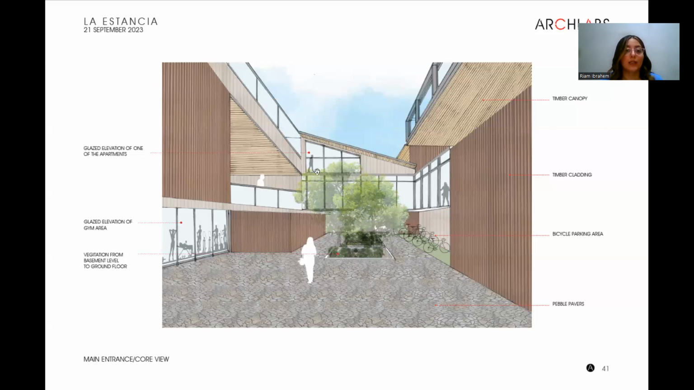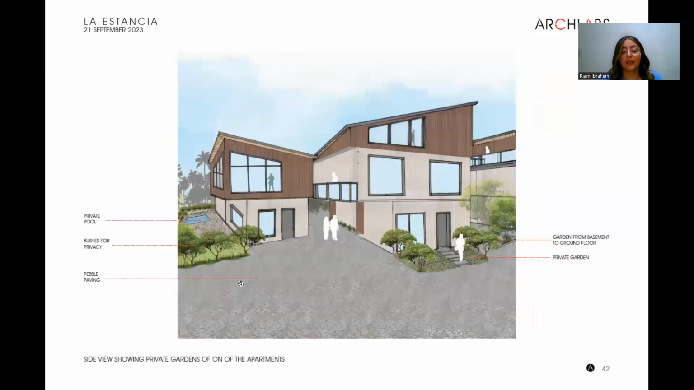Yeah, so you can still see these glazed elevations of one of the apartments there, which we are suggesting a mezzanine level, because it goes back to the 9 meters restriction in the design process. We are suggesting also a glazed elevation of the gym area here, which shows some of the program in this illustration. And the next one is a side view showing private gardens